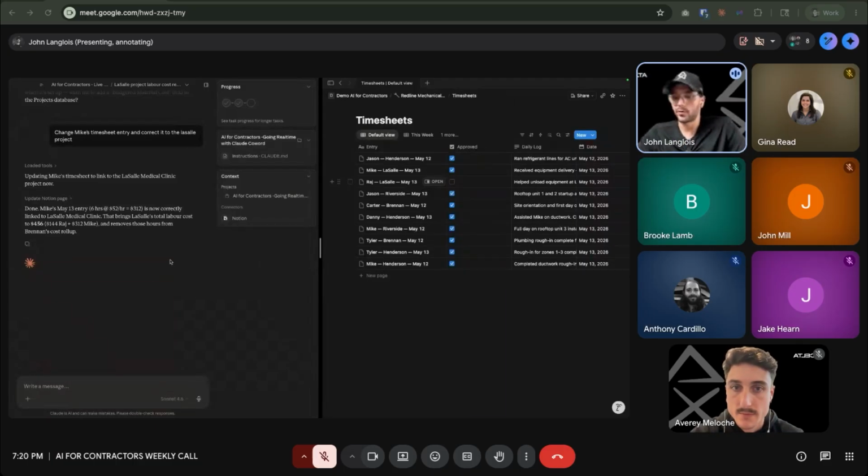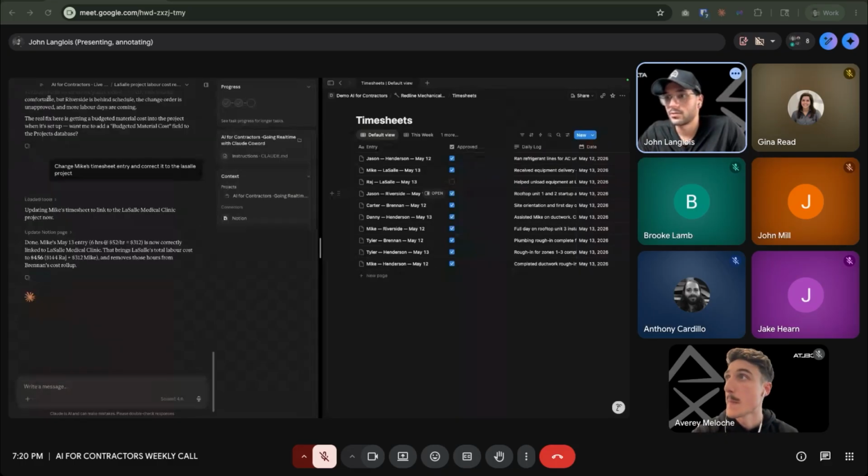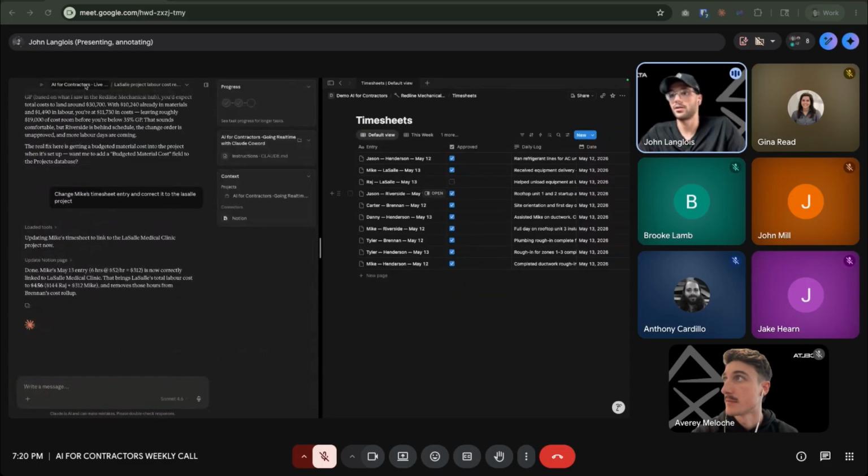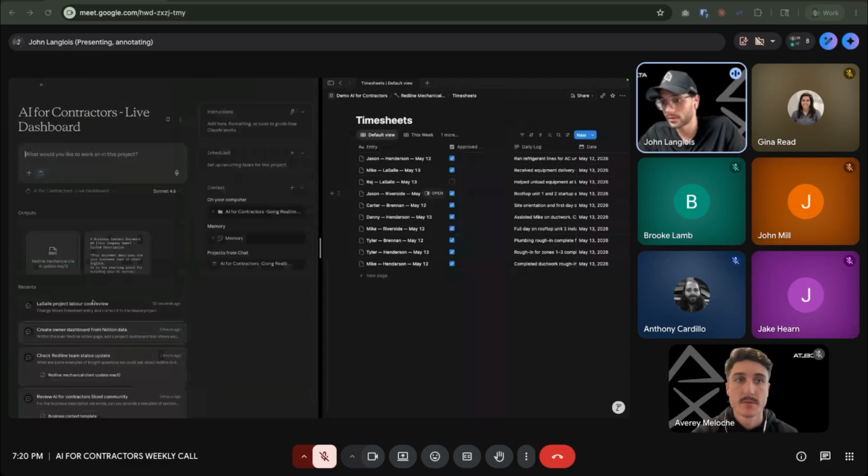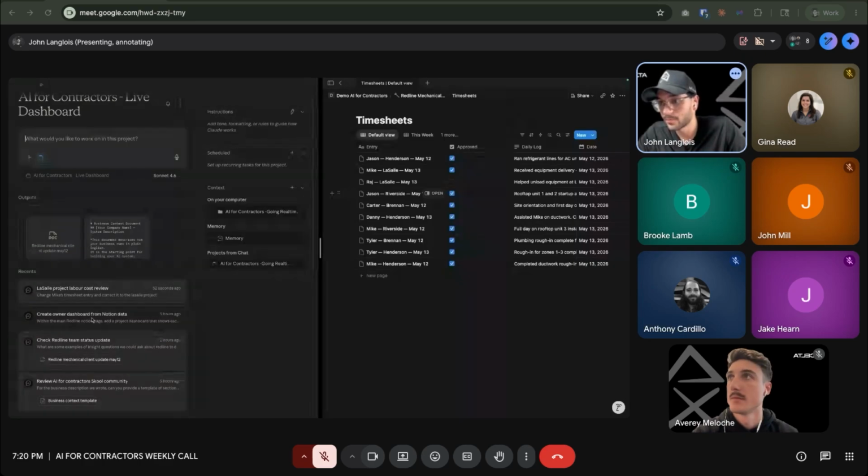Now, if we go a step further, kind of Jake's example of taking data and then creating a dashboard, you could do that directly from Claude Cowork because of that thing called live artifacts that I just talked to you guys about. So what that looks like is you're just going to ask it to create a live dashboard for you. So if I go back to my chat here,